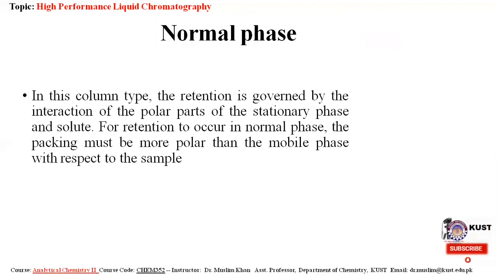In this column type, the retention is governed by the interaction of the polar part of the stationary phase and the solute. For retention to occur in a normal phase, the packing must be more polar than the mobile phase with respect to the sample. This is the usual thing: for retention to occur, the packing material must be more polar than the mobile phase, and exactly the opposite of this normal phase chromatography is the reverse